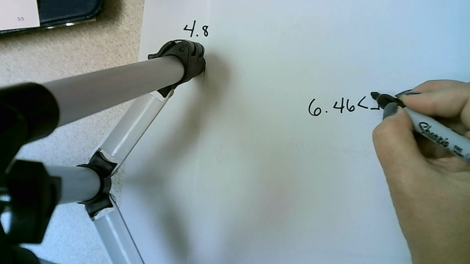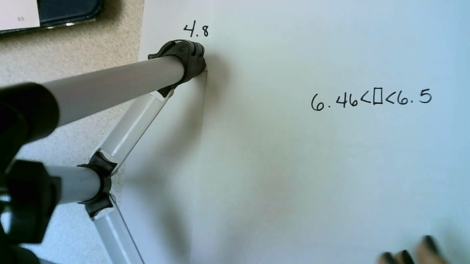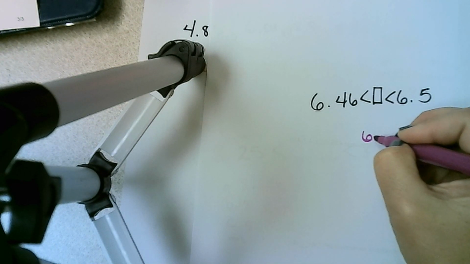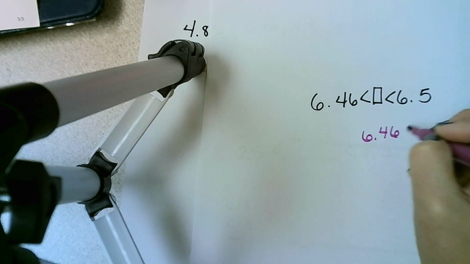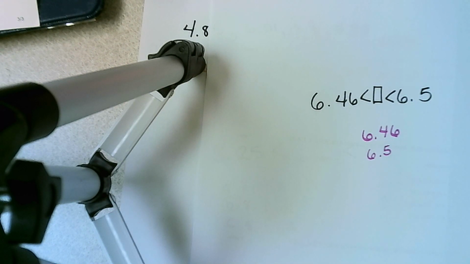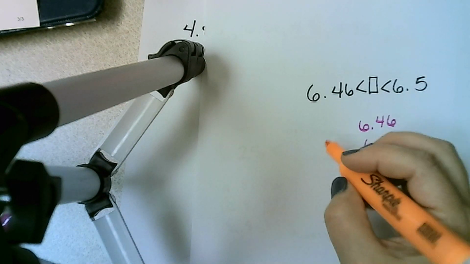Okay, so it's wanting to know what numbers could be in the box. Again, I'm going to line up my numbers. But if I look up my answers,